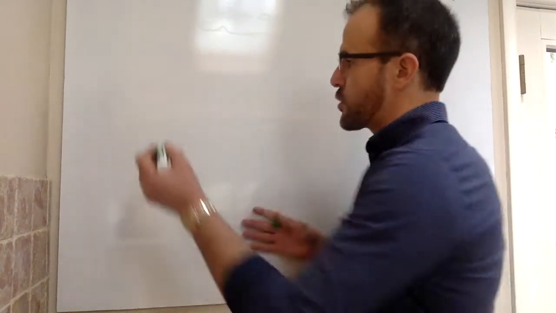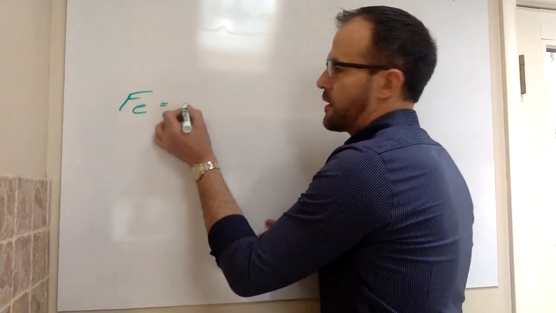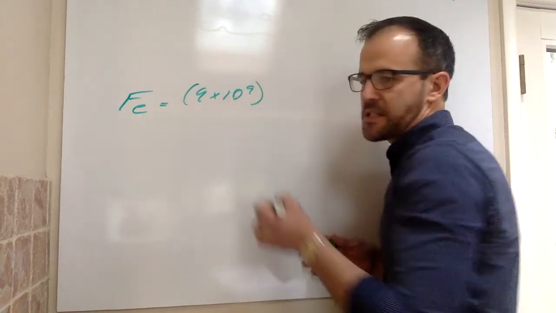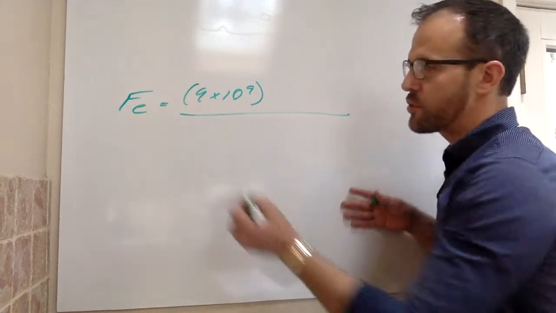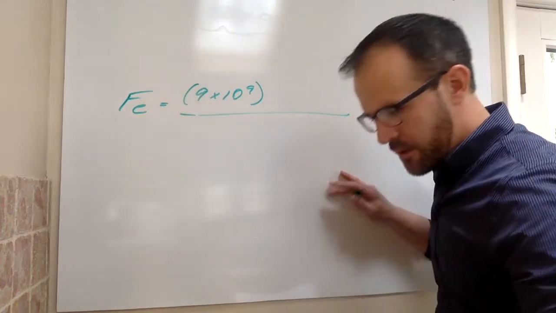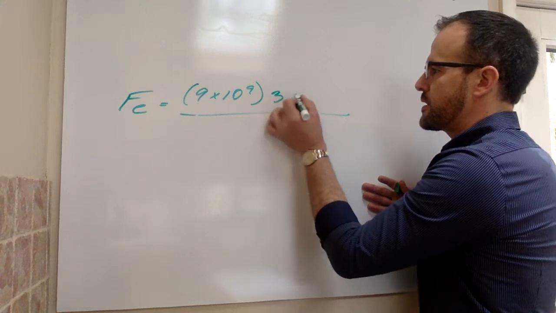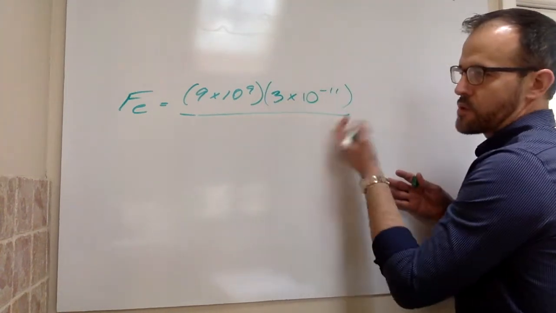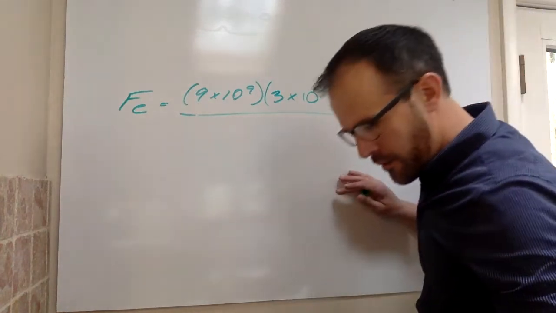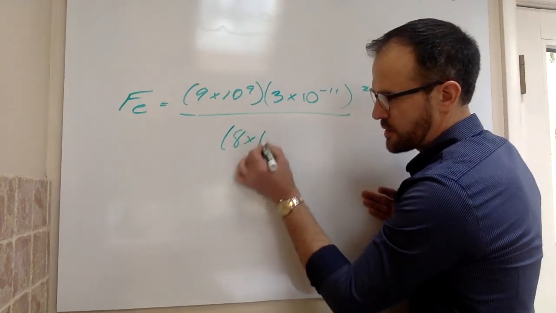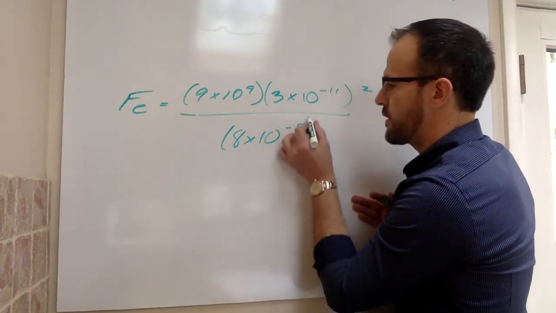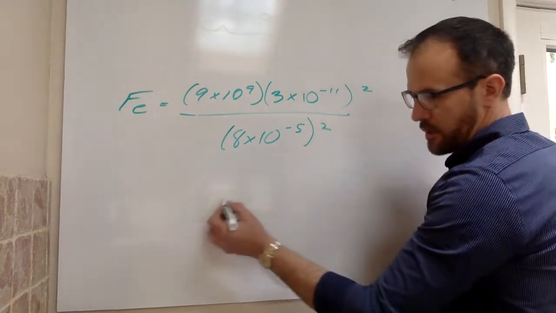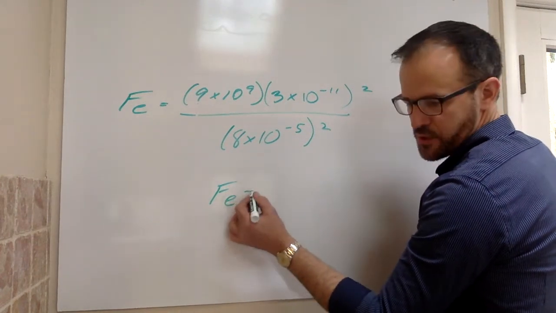So you're just plugging it into the same equation. Force electrostatic. You're going to have that same number there, 9 times 10 to the 9th. It's a constant. It's always in the equation. It kind of corrects all the units out. And then we got the same charge there. So we got 3 times 10 to the negative 11. And we got 2 of those. You can either write it again or square it, either way. And then they are 8 times 10 to the negative 5th. Just be careful how you put everything in your calculator there. Anyway, solve it out, and you should get a force electrostatic of